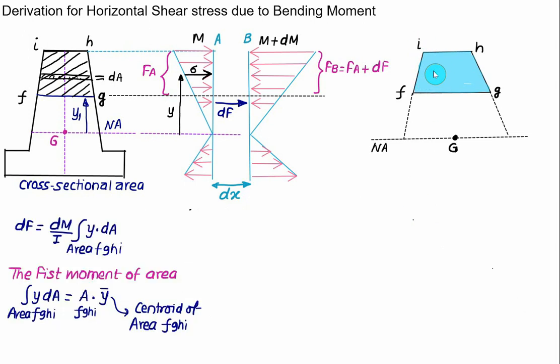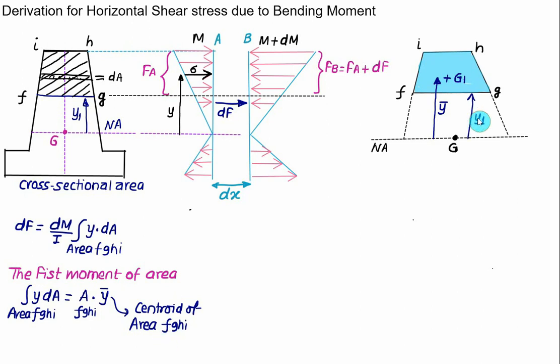So you have to take this area and locate the centroid of this area. Let's say the centroid is somewhere here. Let's mark this centroid as G1, and from the neutral axis we have to measure the distance of this centroid. That is the hatch area which is above the fiber Y1. So this centroid is at a distance equal to y bar, that is this term is y bar, the centroid of the